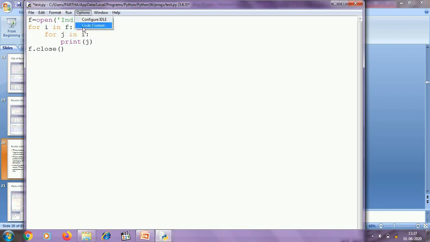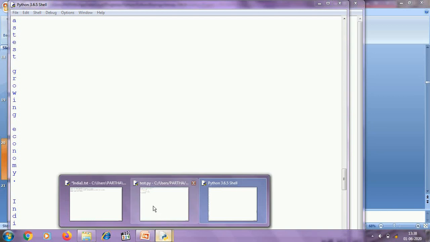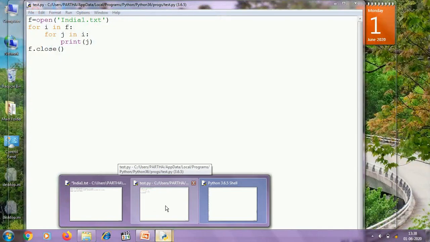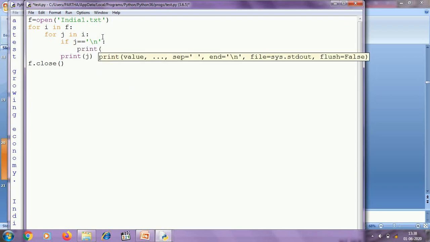I am going to run this program. You can see that I am fetching characters of the file one by one using the file object. Here I need a modification to eliminate this extra new line problem. Again the code will be the same for that. If j equal to \n, then print j using end equal to empty quotes.